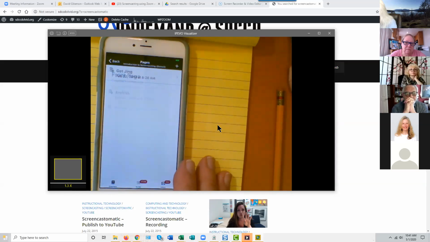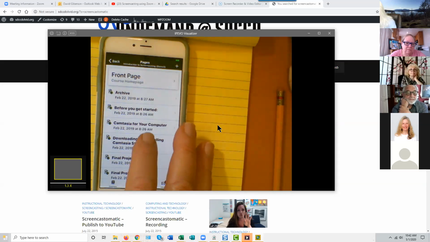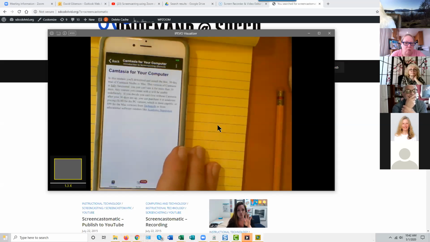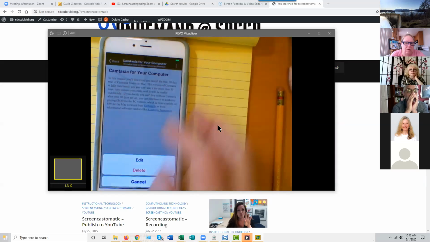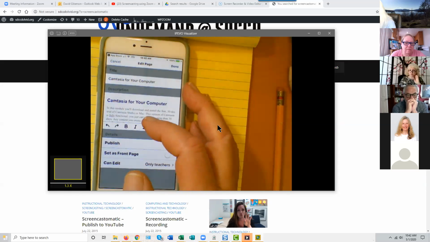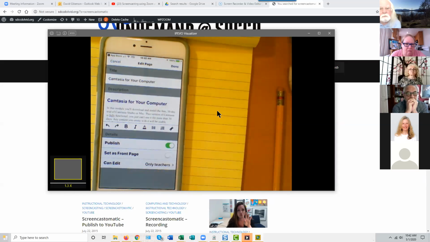You can view your pages, your content pages that you've created. You can view those, and you can edit them. You don't get the full rich content editor that you would have on the computer, but